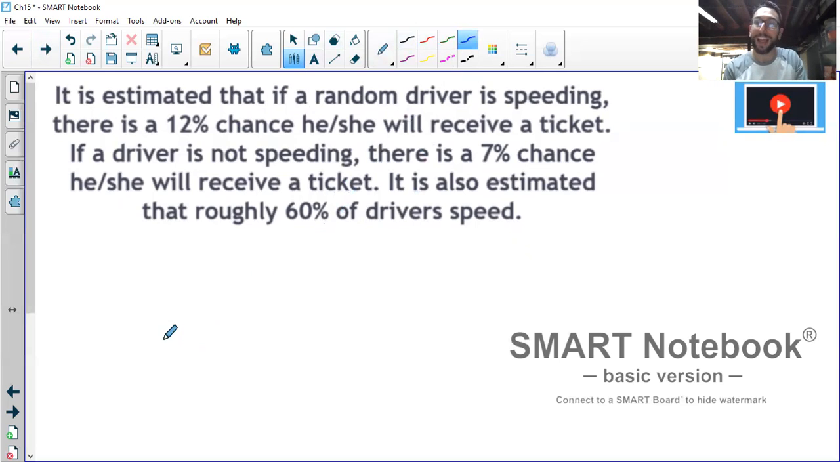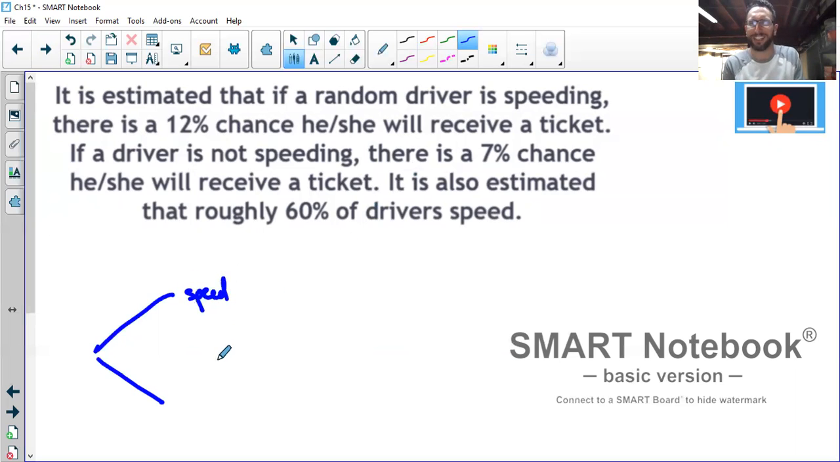So as we start to create our tree, we want to think about what happens first, or what depends on what. Here, whether you get a ticket or not, that probability changes based on whether you were speeding or not. So to know the probability you get a ticket, 12 or 7%, first we have to know if a driver was speeding. So our first set of branches here,